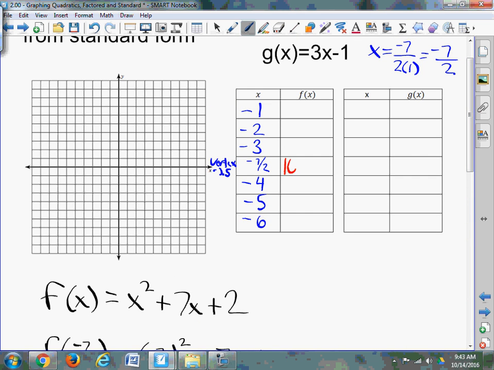And so the vertex is 10.25. Evaluating the other points is not nearly as difficult because we're dealing with whole numbers. All right, so if we do these a little bit faster, f of -1 is equal to -1 squared plus 7 times -1 plus 2. All right, and if I'm taking the time to write these to evaluate, you should be taking the